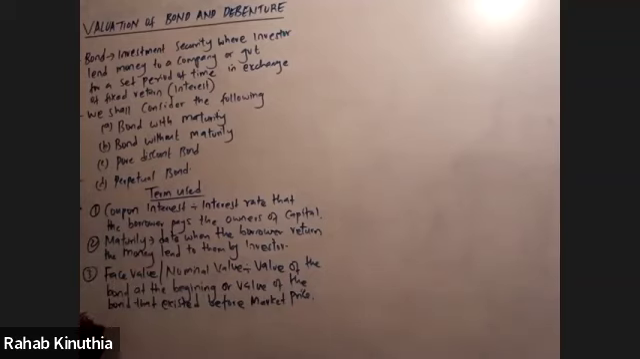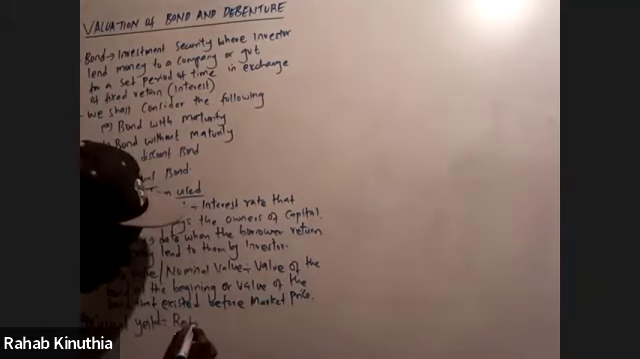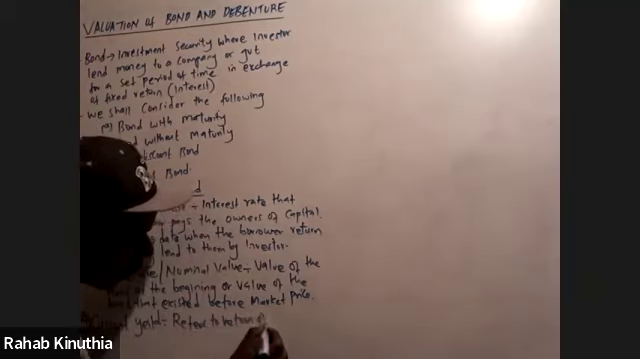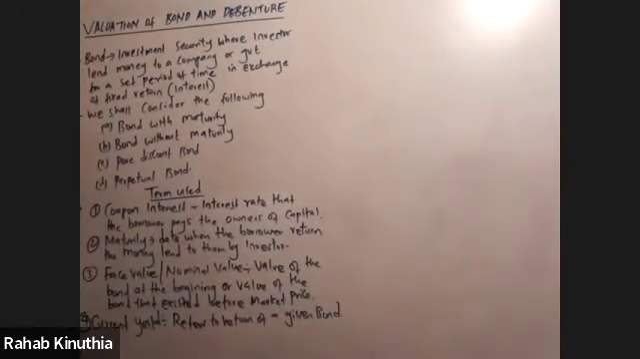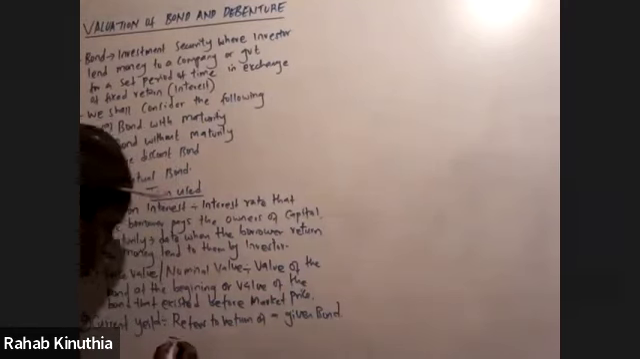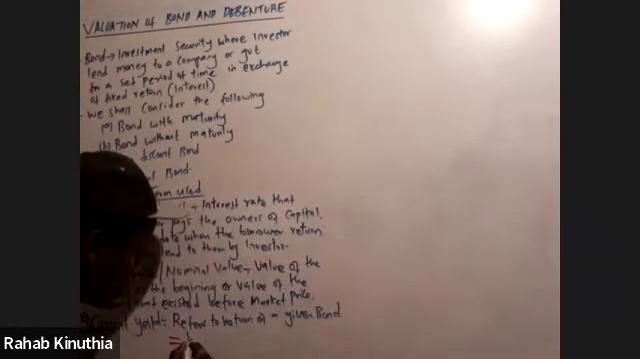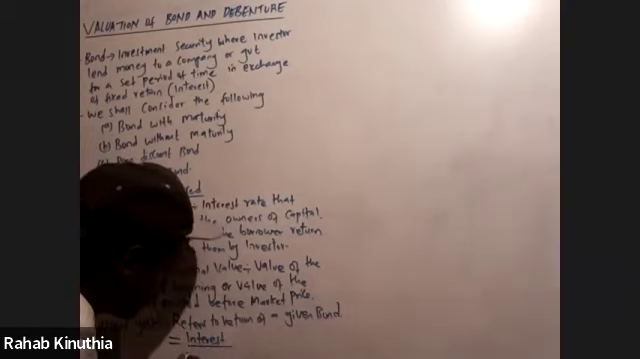Let us talk about current yield. Current yield refers to the return of a given bond. So how do we get current yield? We have a formula for current yield. Current yield is equal to interest divided by value of bond,